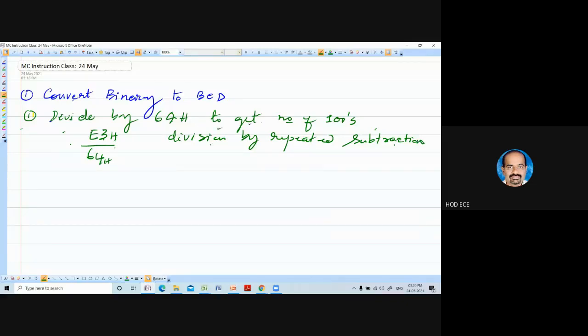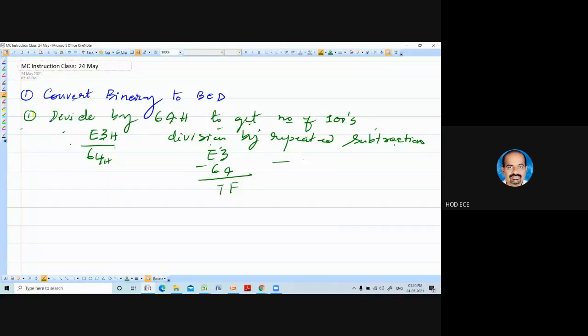So what is it? E3 minus 64. 3 minus 4 is not possible, take a borrow. 19 minus 4 is 15, 15 is nothing but F. D is 13, minus 6 is 7.